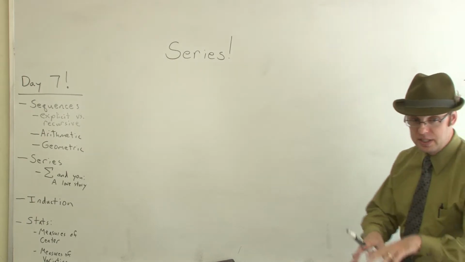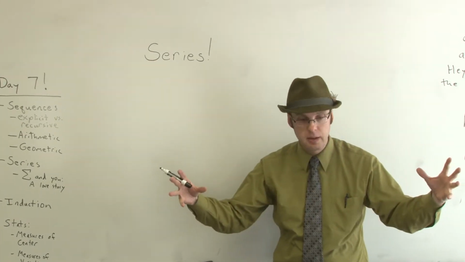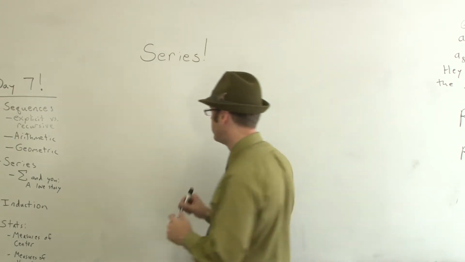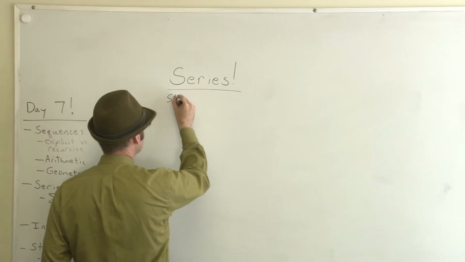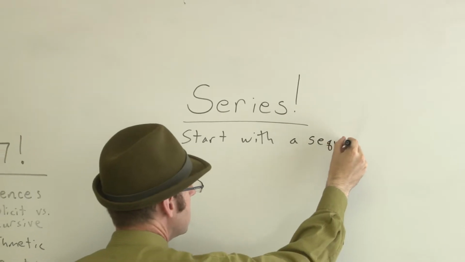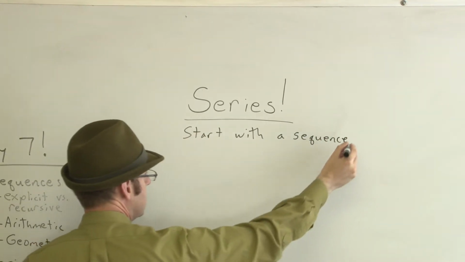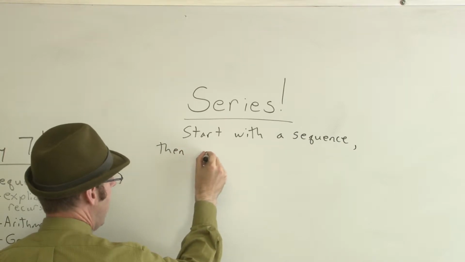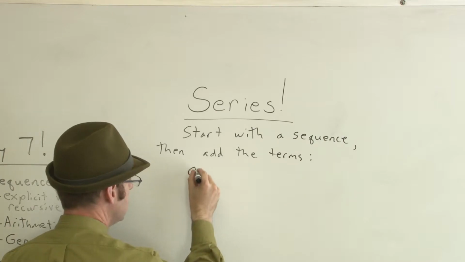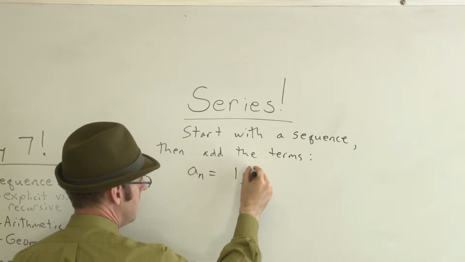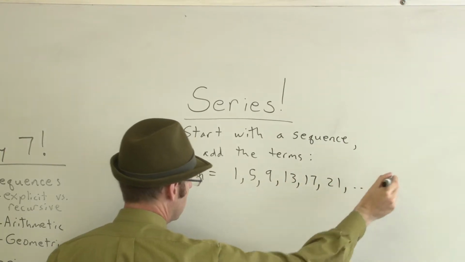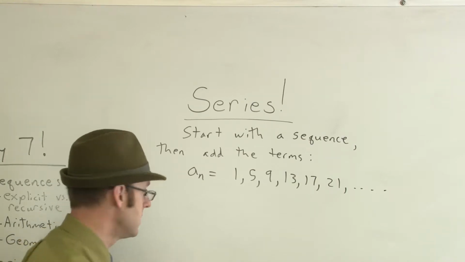So what a series is: you start with a sequence, a list of numbers, and then the series is just add up the terms. So you have a sequence as your base, then add the terms. So for instance, if this is my sequence, then my series,